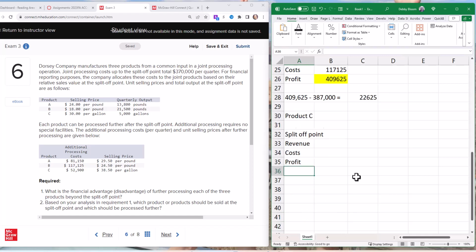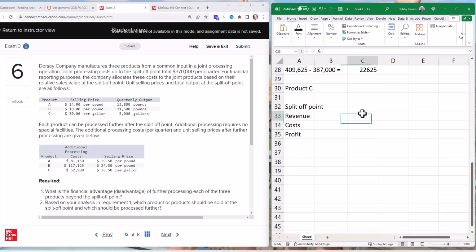Let me move down so we can just see product C. So for product C, 5,000 gallons at the price of the split-off point, which is $30 per gallon. Zero cost, so I know it's silly to take 150,000 and subtract 0, but that's what we're going to do to calculate the profit. Then if we decide to do additional processing,